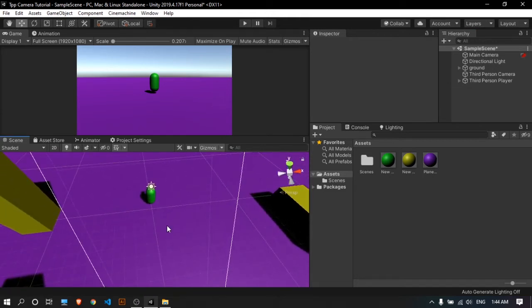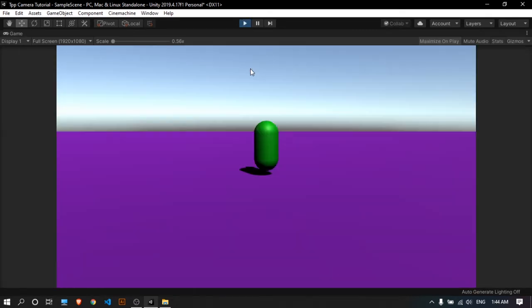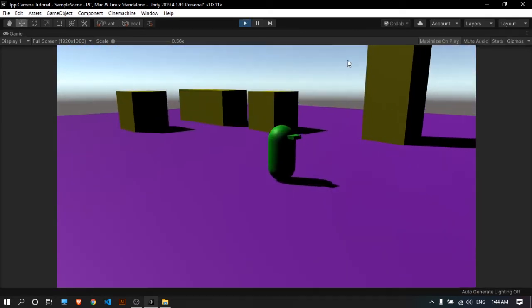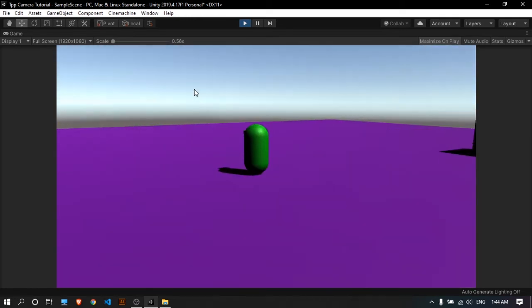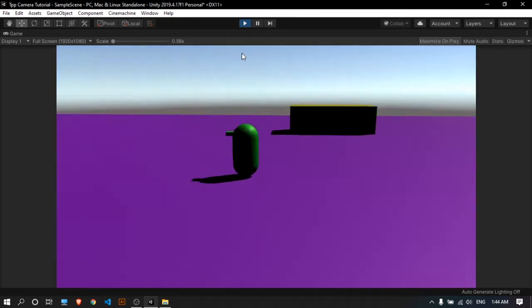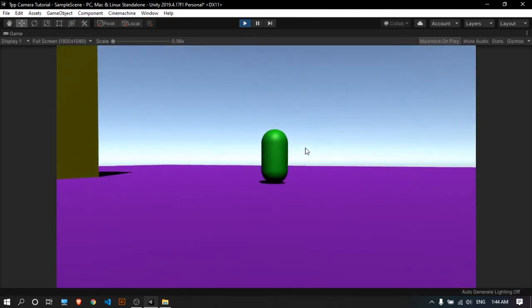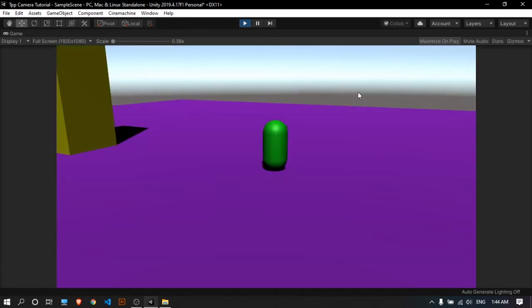Alright, so now we kind of have our Cinemachine or our third person camera setup. So now let's try and play it. Now as you can see, our camera actually follows our mouse. So you can just look around everywhere, and as in the player game object we froze the rotation of the X, Y and Z axes, the player isn't falling off. So now as you see, this is a third person camera, but it isn't as good as it is in PUBG or in Call of Duty.